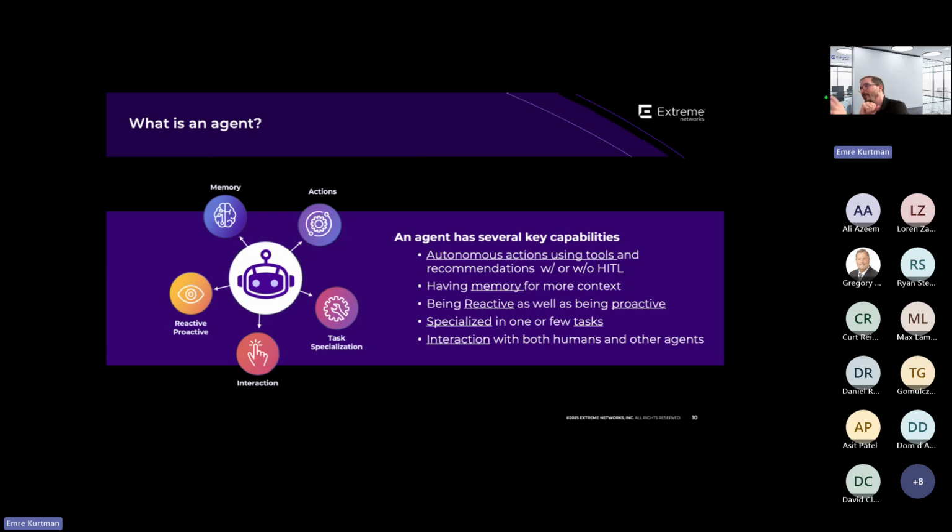But when it comes to AI-based agents, we cannot have a fully autonomous architecture, right? It's really important that you build trust in these systems. That's why this acronym that you see on the screen, HITL, means human in the loop. We always want you to be in the loop, especially before the AI agent takes any actions, because you are running critical systems and you want 24/7, 365 availability, and you don't want an AI agent to just come and change some configuration on your devices without you knowing anything about it.